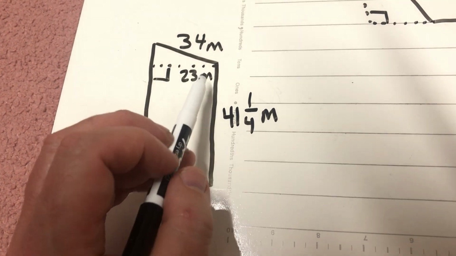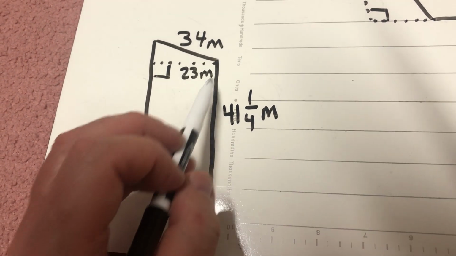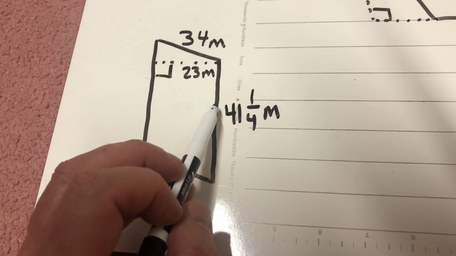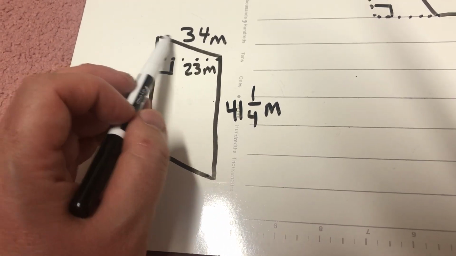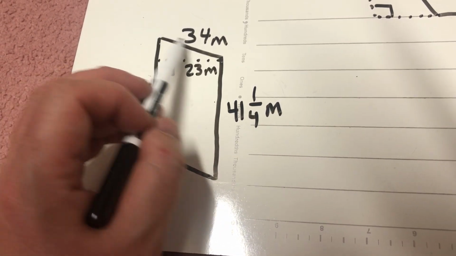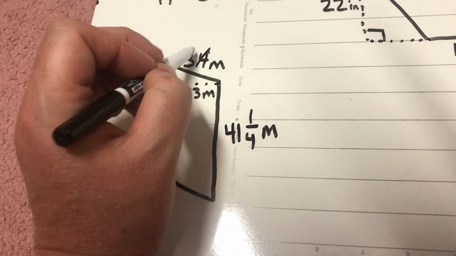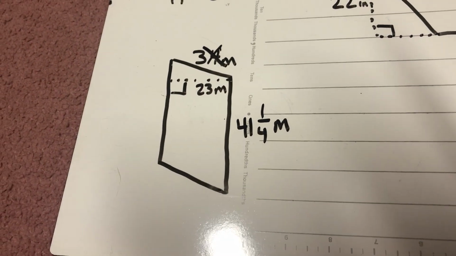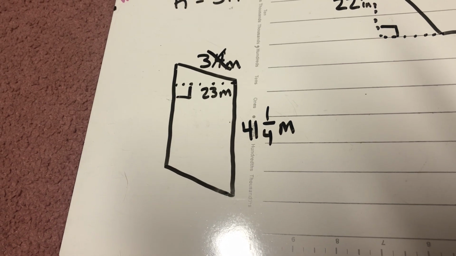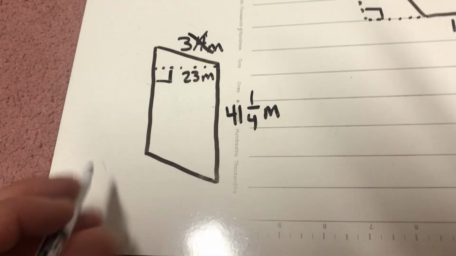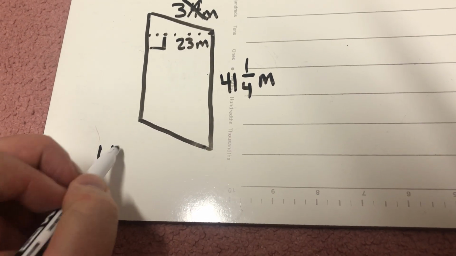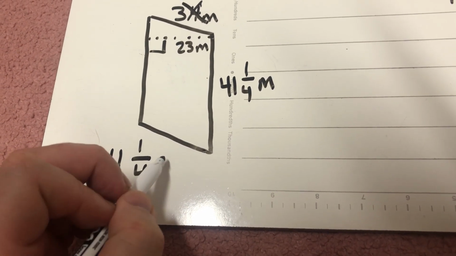If this is my base, my top to bottom is going to be from here to here. That looks like it's 23. That 34, it's nice to know that distance, but this does not help me find the area of this parallelogram. Area is just base times height. So this is going to be 41 and 1/4 times